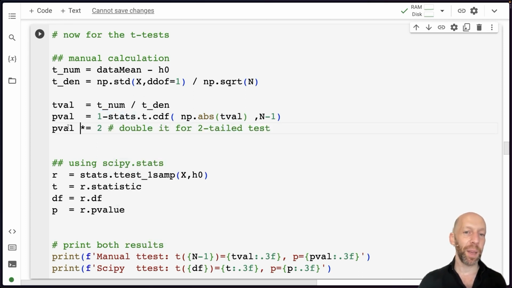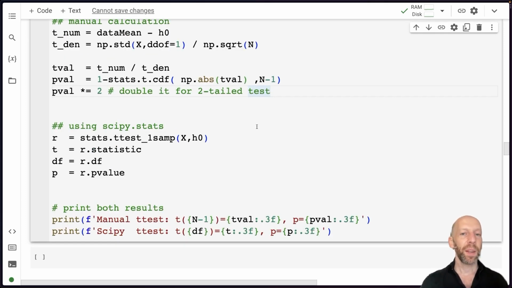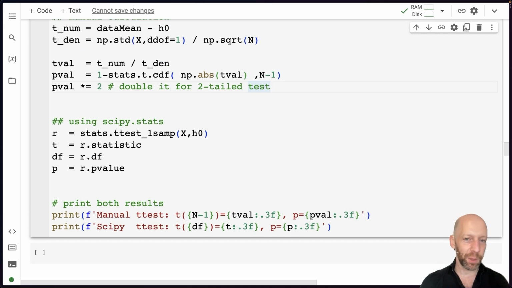And then we have to double it because we are doing a two-tailed test. I never specified that we want to test whether the sample mean is greater or less than minus pi over 2. So if you don't specify the direction of the test, you always assume that it's two-tailed. And here are the same results using